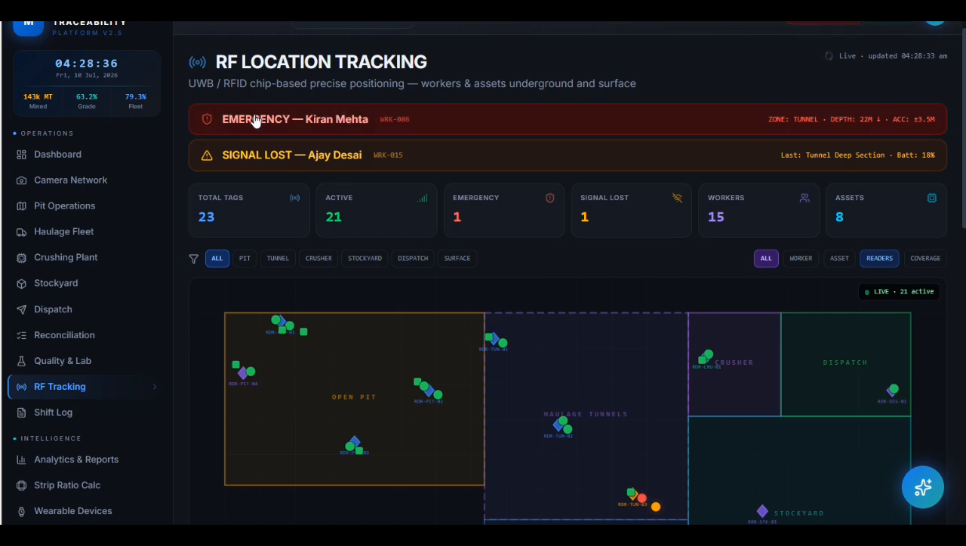As you can see, this is the emergency alert and this is the signal lost alert. By using this alert, you can specify where the emergency happened. And this KPI shows the total tags, active, emergency, signal lost, worker, and asset. By clicking all this,